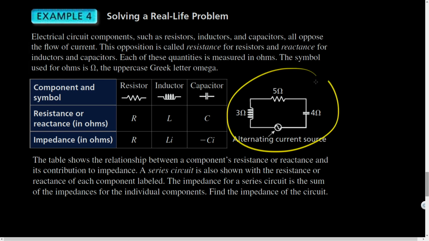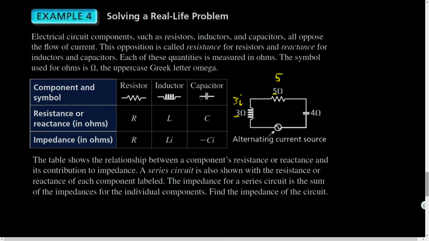But here we go. Here's a particular example, and we're trying to figure out the impedance. I'm not going to have you get caught up on all the terminology, but here we got a little squiggly thing called an inductor apparently, and its impedance is equivalent to Li, and so the L would be 3, and so this is the same as 3i. Here's a zigzag, which I guess are called resistors, and that's just the same as the real number 5.